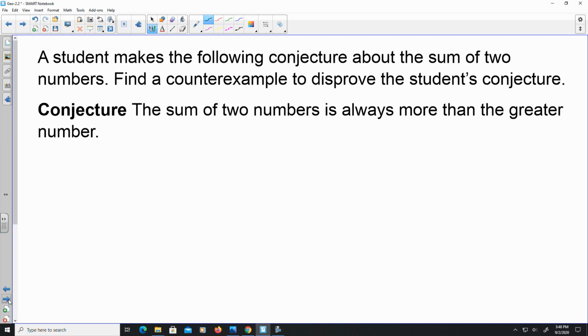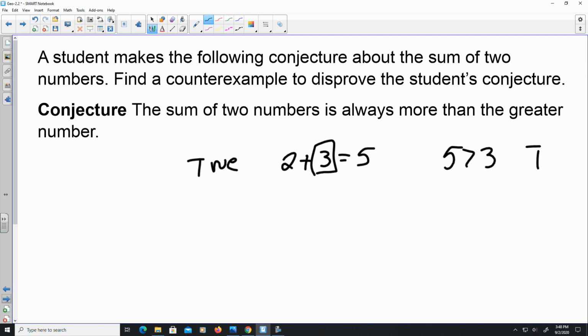They say find a counterexample to disprove the student's conjecture. So the conjecture is the sum of two numbers is always more than the greater number. So let's just say I try to give you a true statement. All right, so let's say 2 plus 3 equals 5. Well, the largest number here is 3 and 5 is greater than 3, so that would make it a true